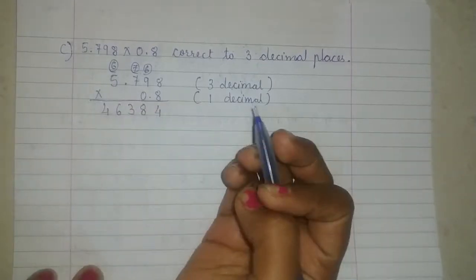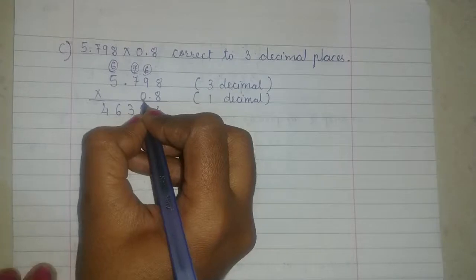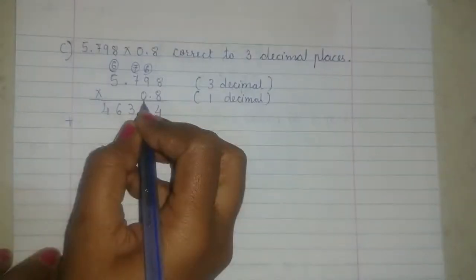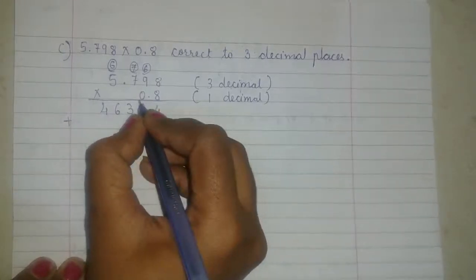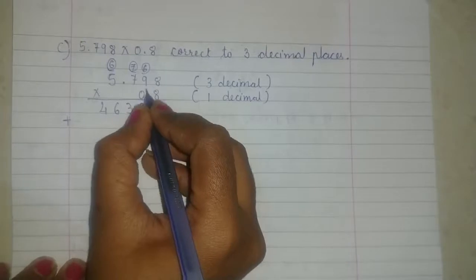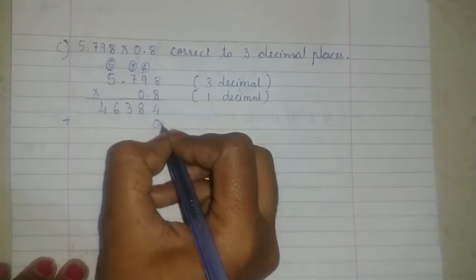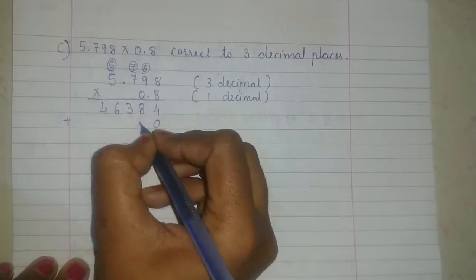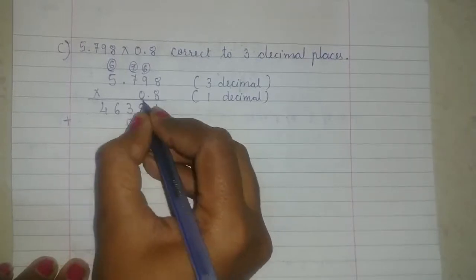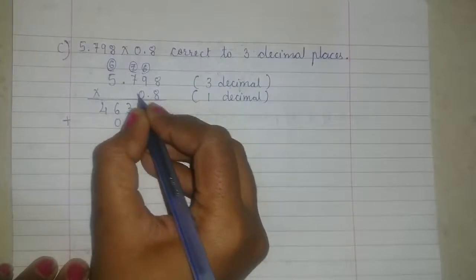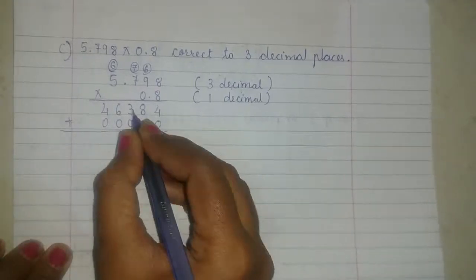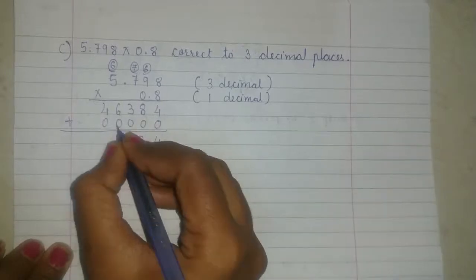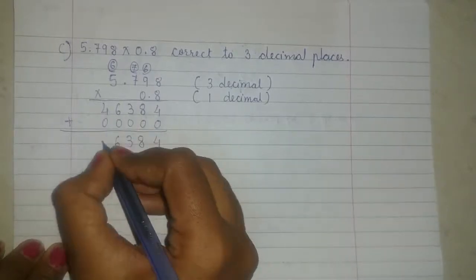Okay, students. Now we'll multiply with number 0. But before that, what we will do? Here we'll keep 0 as we are going to start multiplication of tens digit. Okay, this is on the tens place. So we'll keep 0 over here. 0 8s are 0, 0 9s are 0, 0 7s are 0, 0 5s are 0. Now let's add these numbers. 4 plus 0, 4, 8 plus 0, 8, 3 plus 0, 3, 6 plus 0, 6, 4 plus 0, 4.